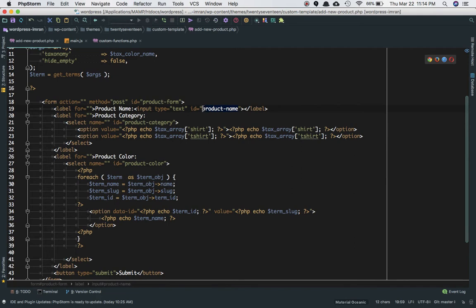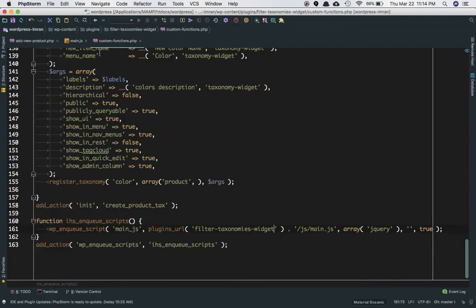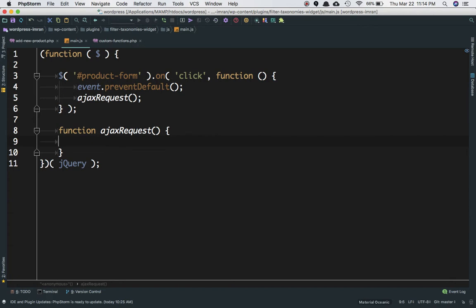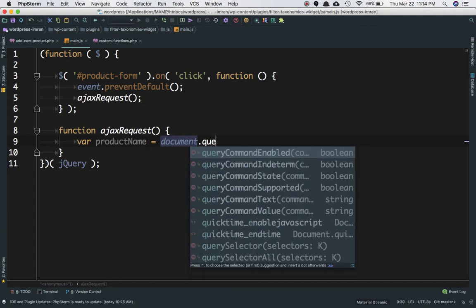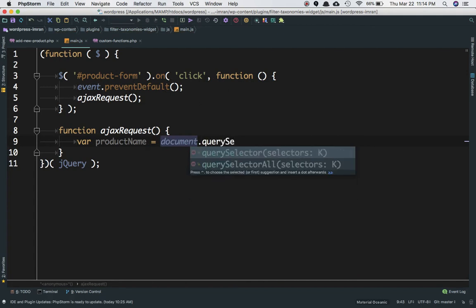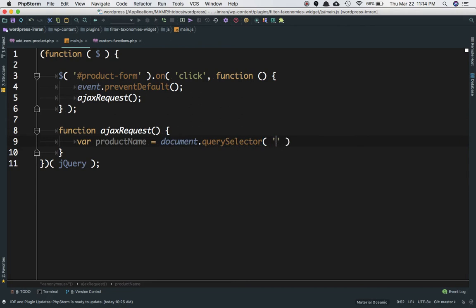So what we want to do is, when the form is submitted, hold their values in some variable which we can pass into the Ajax request. So let's do product name is equal to jQuery, or I can just do document dot query selector. And remember guys, you will have to use some function over here